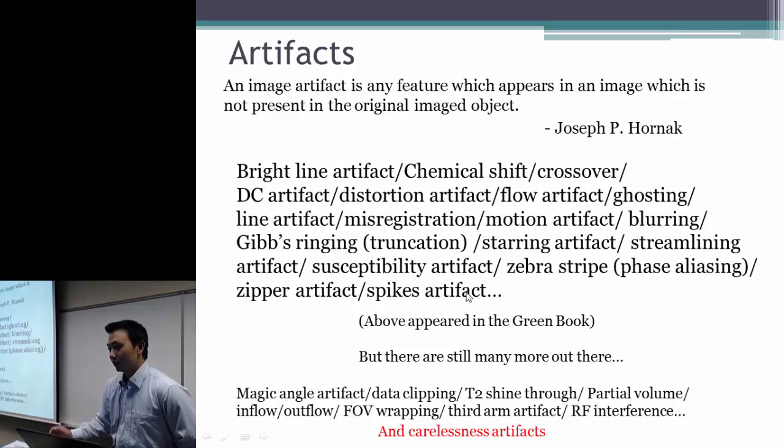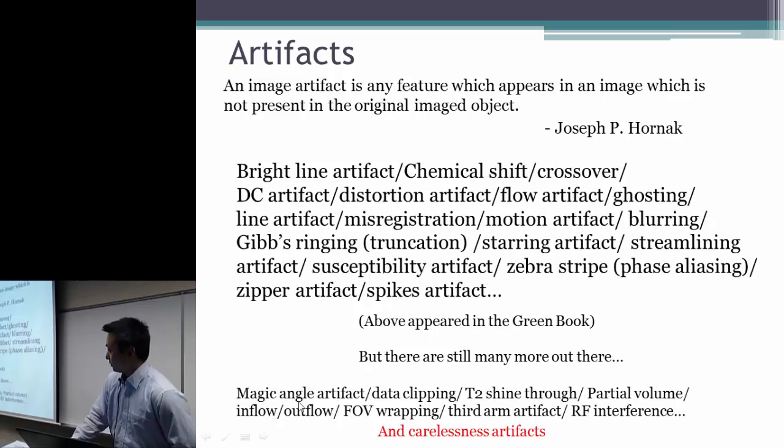I think most of them are shown in the book. But this would be less than 1/3 of the artifacts that MRI people have encountered. So there are still many more artifacts out there. Some of those that I can think of: